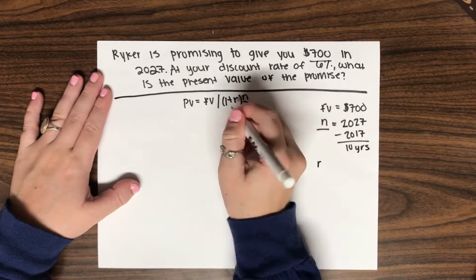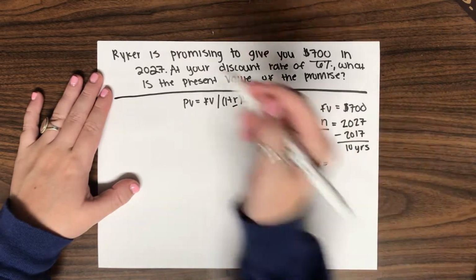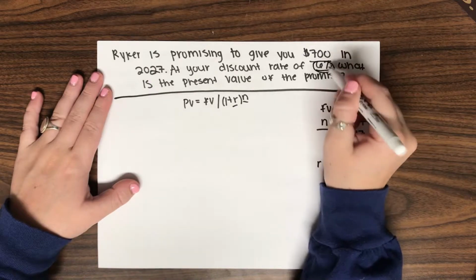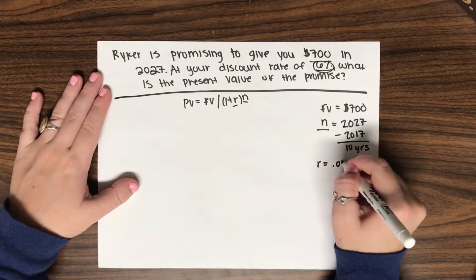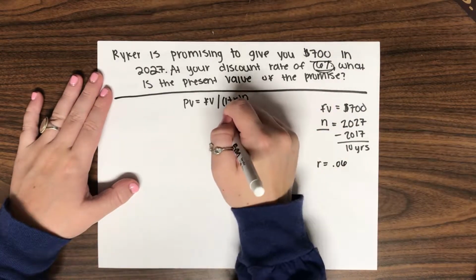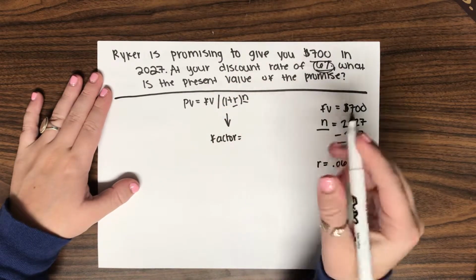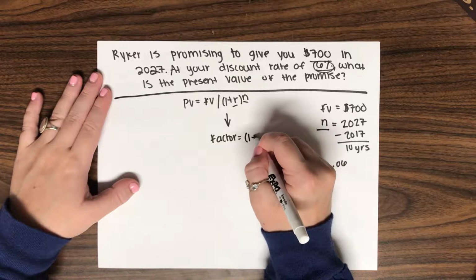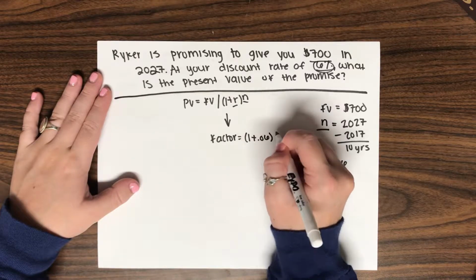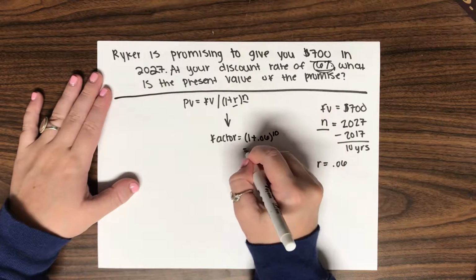Our risk factor, our r, is 6%, so it's 0.06. So we find our factor first, and that is 1 plus 0.06 to the power of 10, giving us a factor of